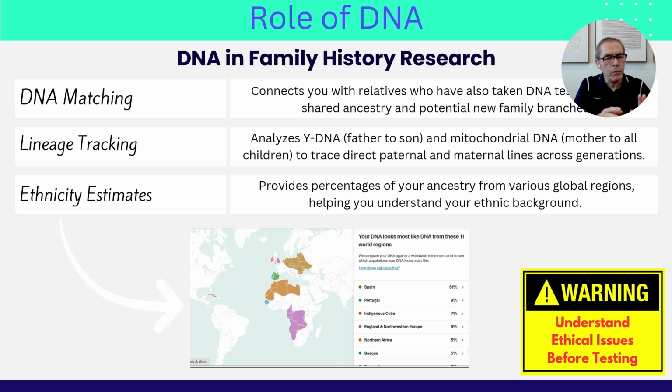If you remember, before I was talking about 0 to 200 years. This is where DNA matching works the best, within 0 to 200 years, those kinds of generations. We can also do lineage tracking, where Y chromosomes and mitochondrial DNA go down a straight line. It doesn't tell you where you belong on the line or on the branch, if you like, but it does give you that there is a relationship there. And then we'll talk a little bit about ethnicity estimates,